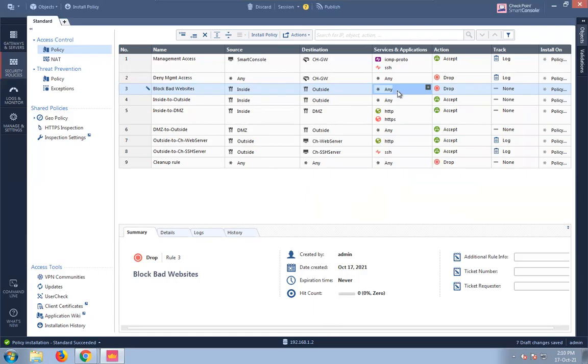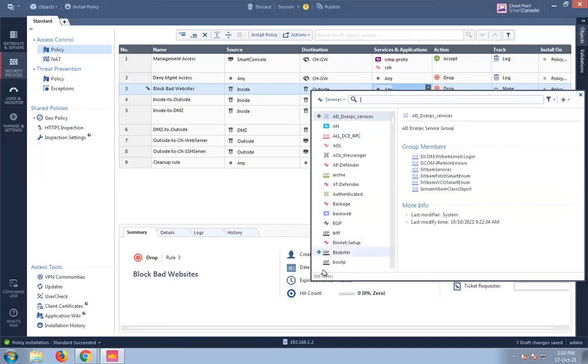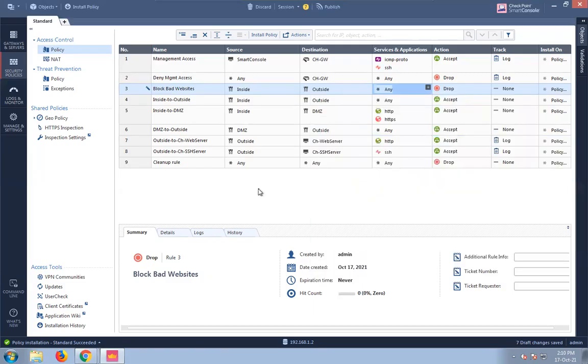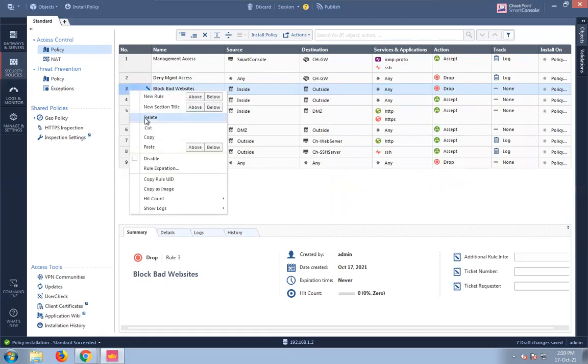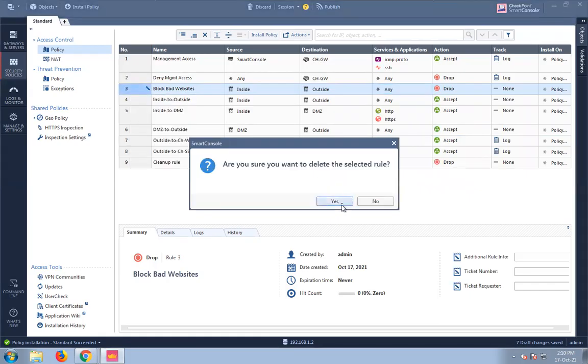If you want to select some sites, for example, adult websites or proxy websites, it's not showing up. It is showing only 506 items, but those 506 items are basically applications, not websites. So two things have to be done for this case. First, let me delete this rule, but let's do that later. Before that,